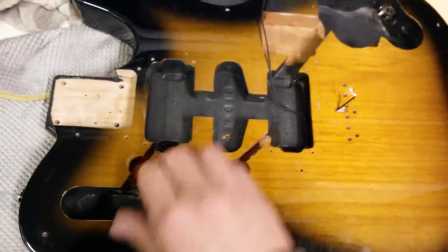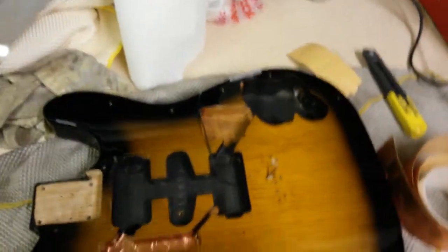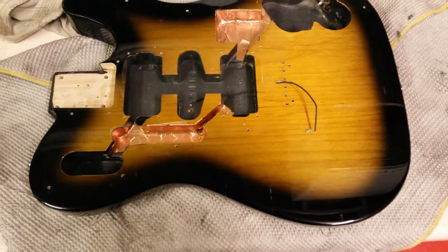So yeah, just be careful. I haven't used this for quite a while in this way, and I've completely forgotten that. So don't make the same mistake I did. Cool, so that's the cavities done, except what I need to do now is